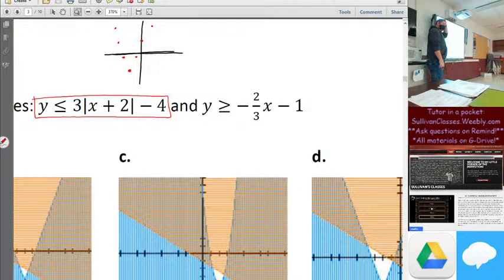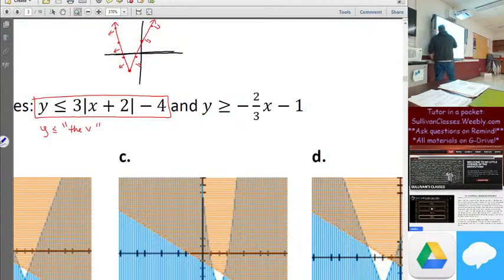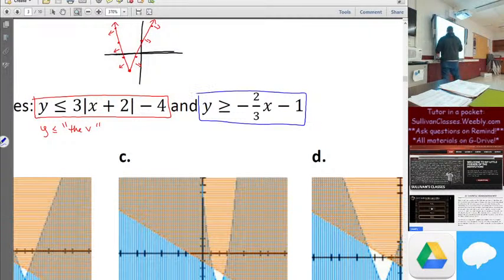Solid line or dotted? Right? More ink here, more ink there. And it says y is less than or equal to the V. You remember doing this? Just those little arrows to say I'm going to shade outside. Okay. And then, regular old line,